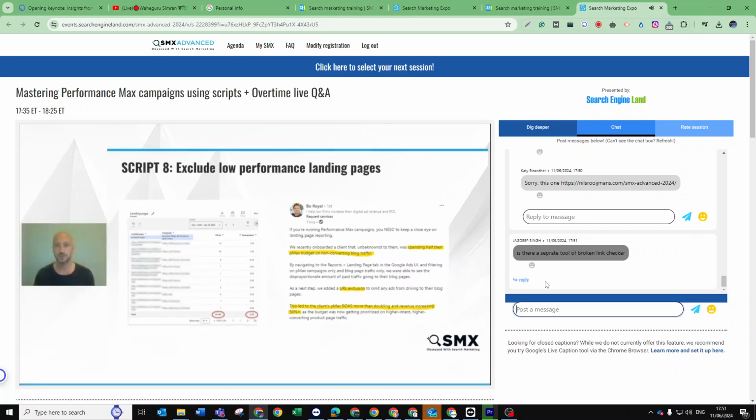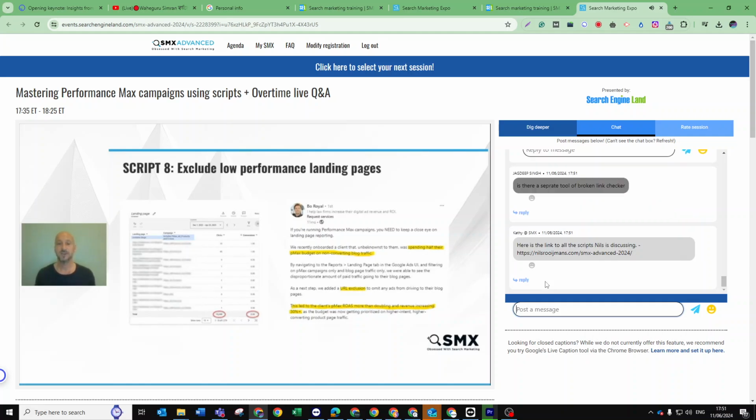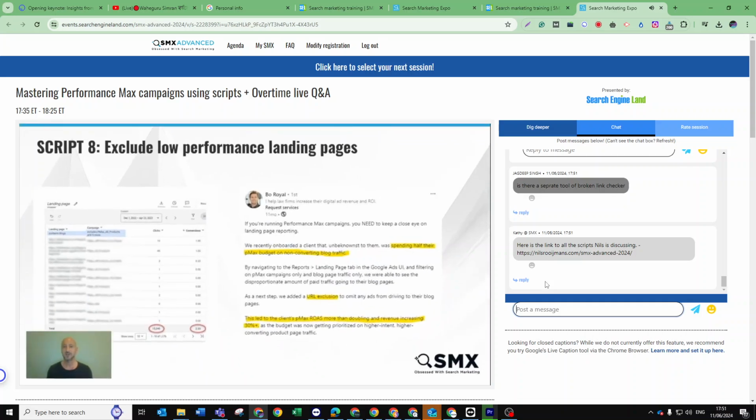Now, URL exclusions can be used for other types of traffic as well, because even if a URL is not broken, it might very well be the case that this particular URL isn't really valuable for your business. Performance Max, if you allow it to, will go and try to generate traffic for all the URLs that you basically have on your website and submit in the campaign. So sort of like a DSA campaign, dynamic search ads campaign, you have to monitor where it is sending the